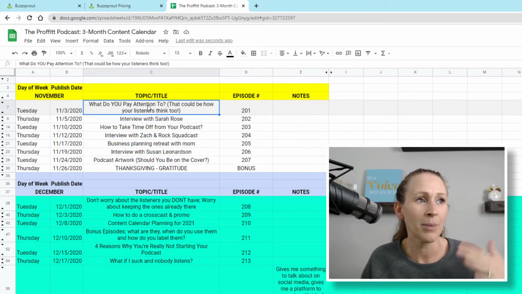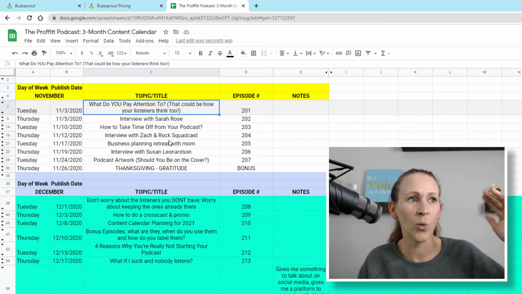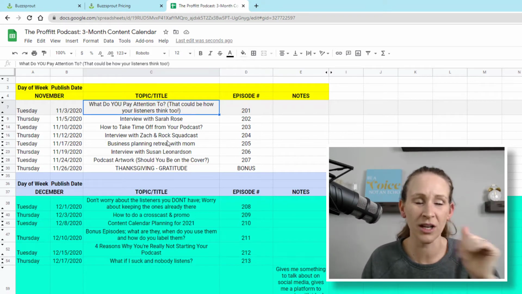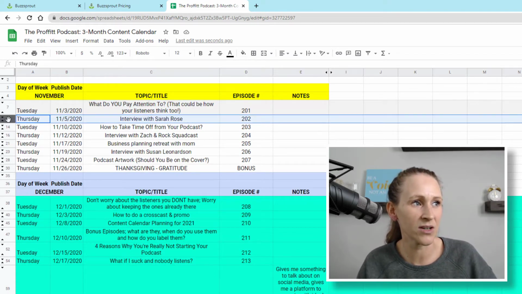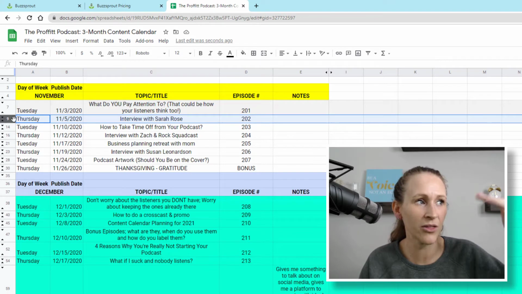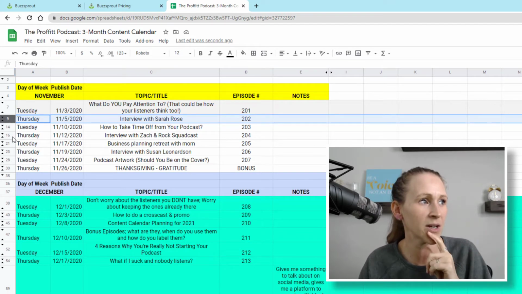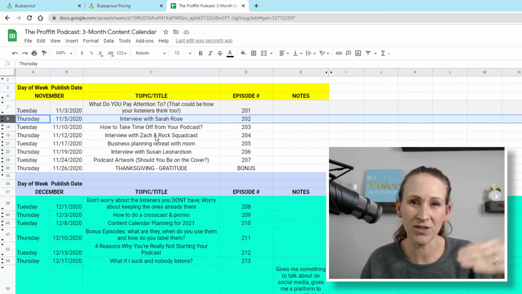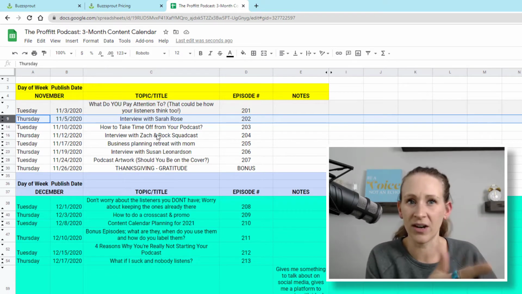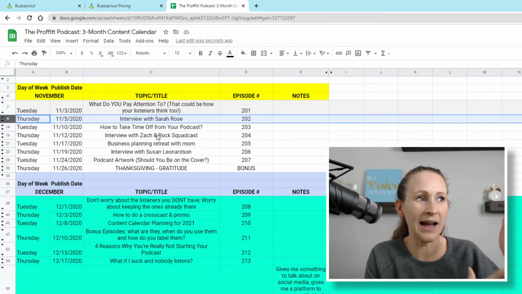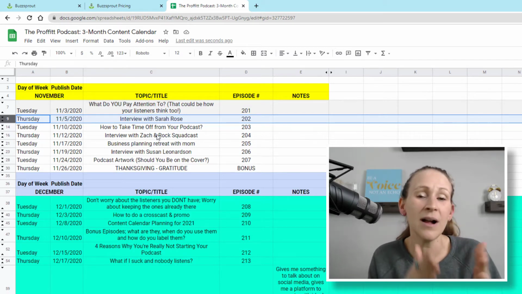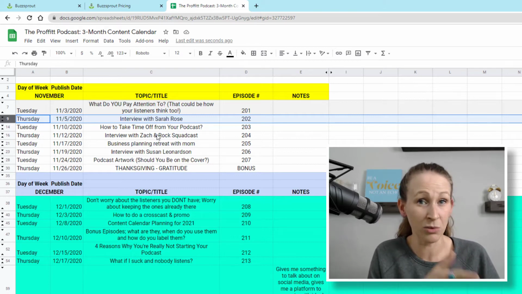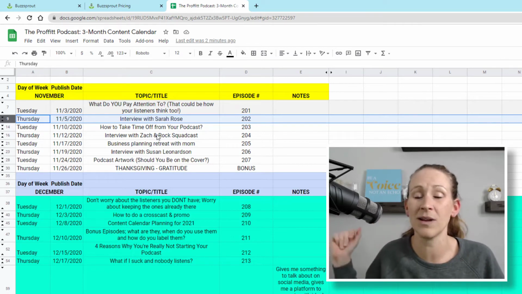But I think that it's important to distinguish which episodes have been recorded or which ones have been planned. Because as you can see here, some of these are interviews. Every Thursday, I'll do an interview episode. So if I know I have a whole bunch of interviews coming up, I can go ahead and drop that person's name right there in the calendar. So I can plan accordingly. I can tell someone, hey, we're going to schedule your interview. This is the day that we're going to actually record your interview, and this is when it's going to air.